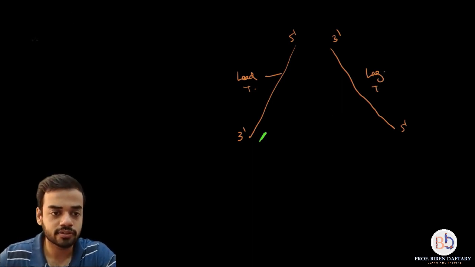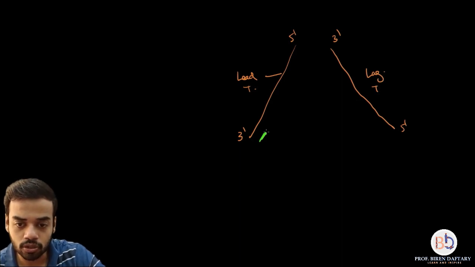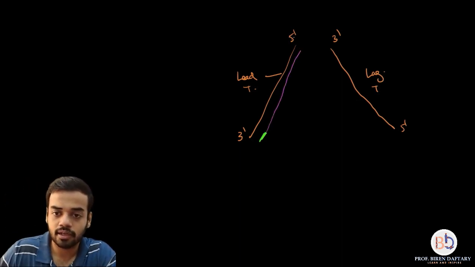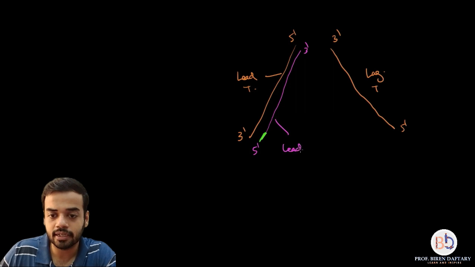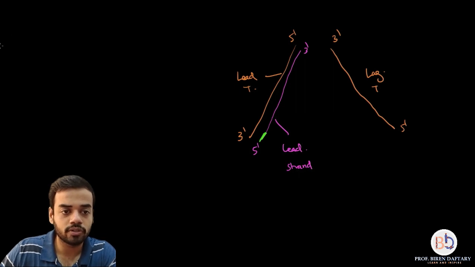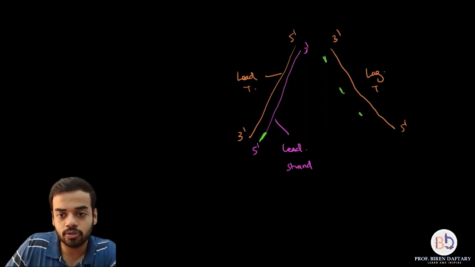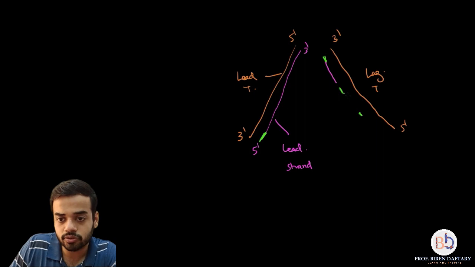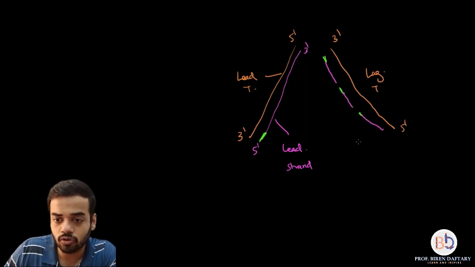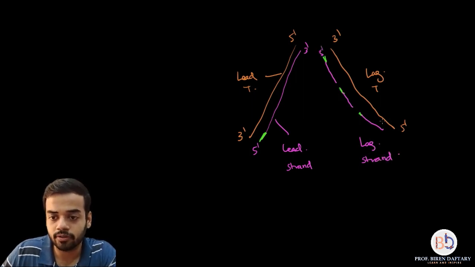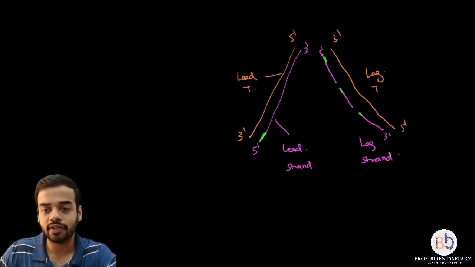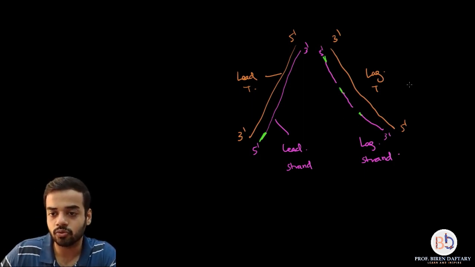Okay, now this is going to produce one continuous daughter DNA in this direction, and the polarity will be 3' to 5'. This is which strand? This is the leading strand. And what is going to happen over here? Over here basically many primers will be present. Okay, and the daughter DNA will be produced discontinuously, and that is also called as the lagging strand. Okay, so this is going to be the 5' end of that, this is going to be the 3'. Now these fragments which are produced, they are also called as Okazaki fragments.